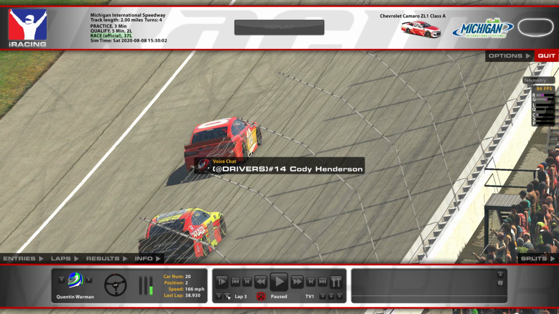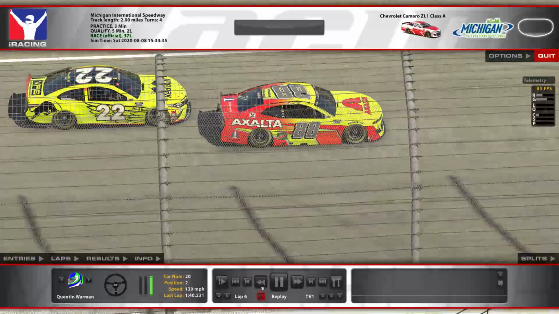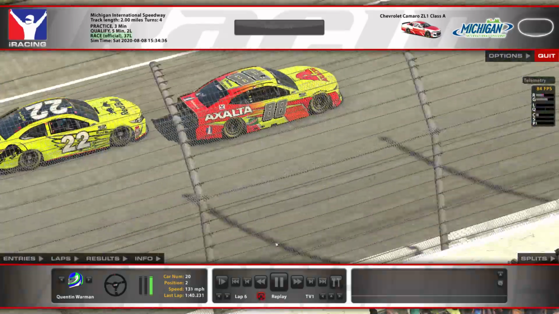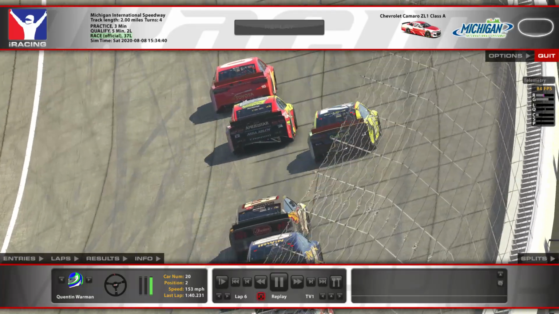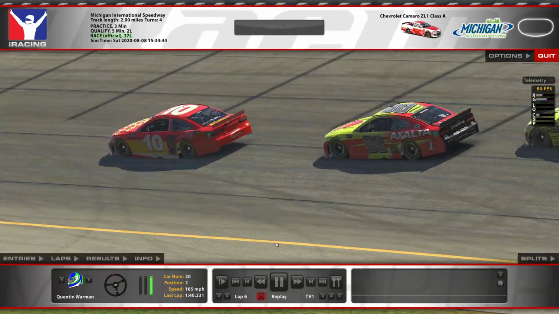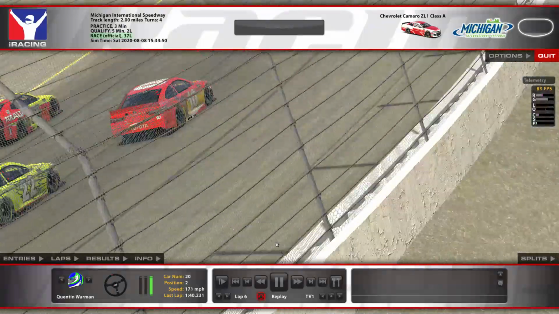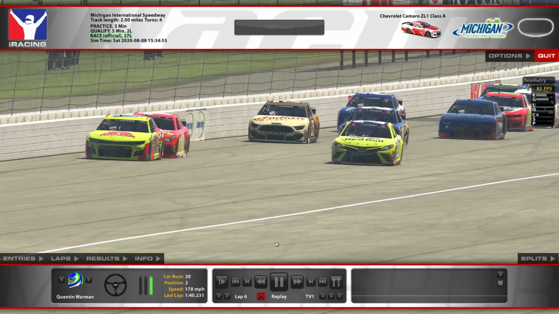If we skip to the restart, this is the first restart. So I clear the 22 and then decide to go after the 10 car. Now, in this split, I was in third out of 4. Here's when I try and pass him. I put the 88 a bit out, which slowed me down a bit, so I come back in front of him, but